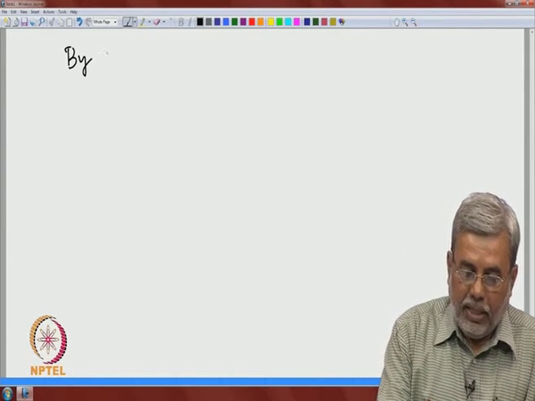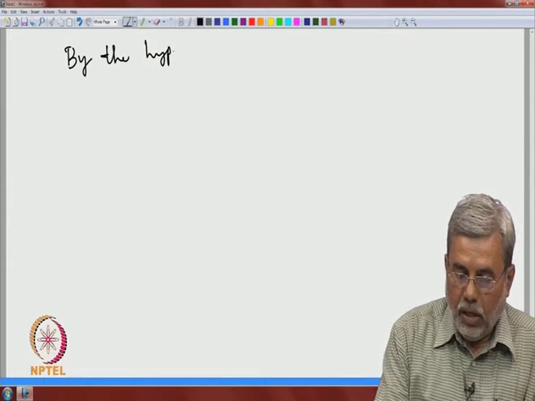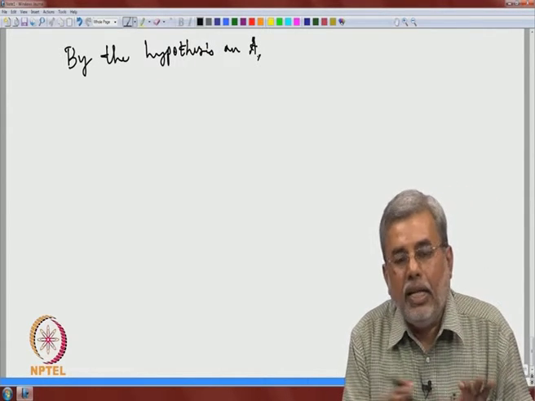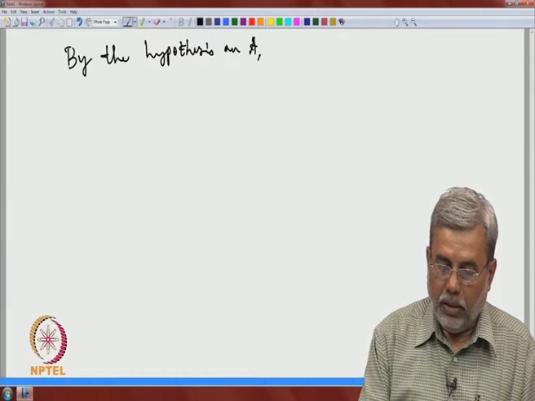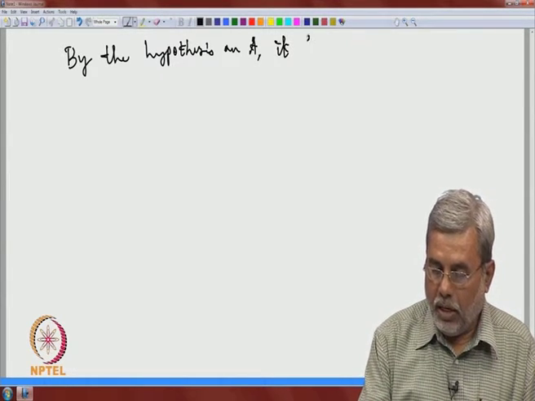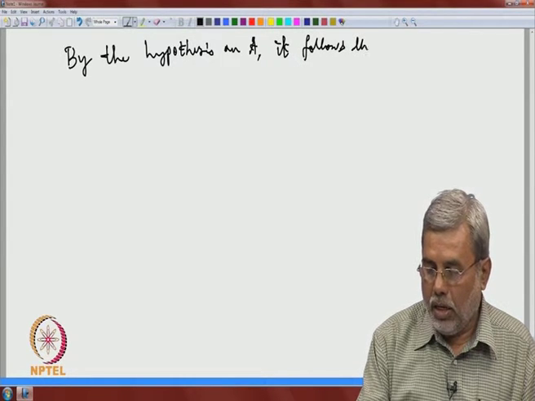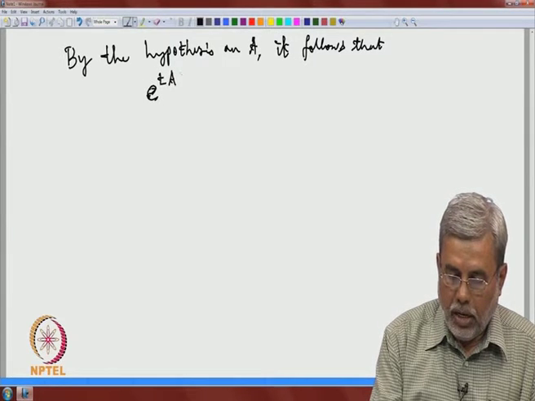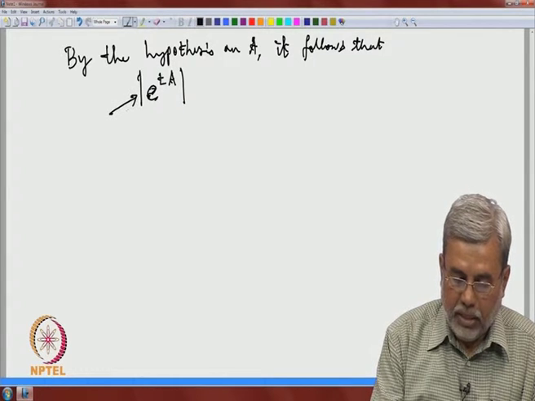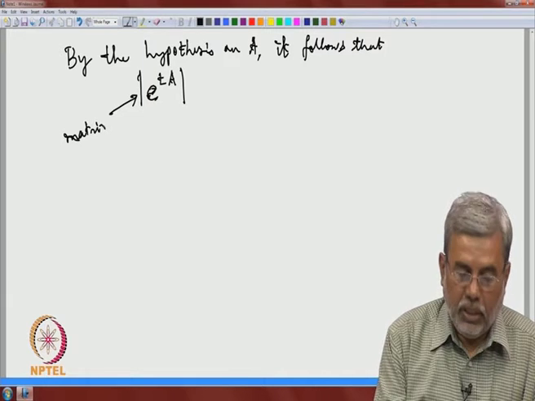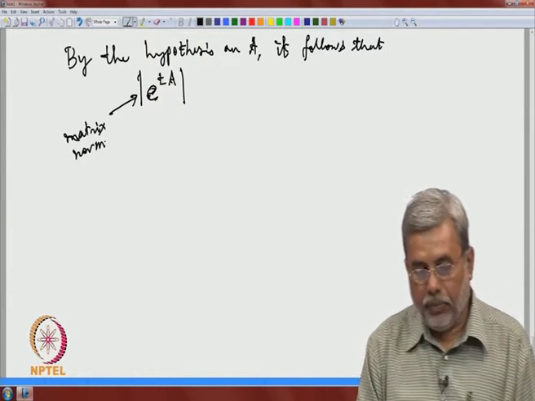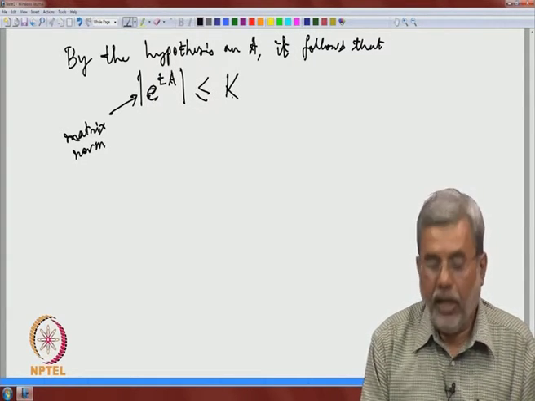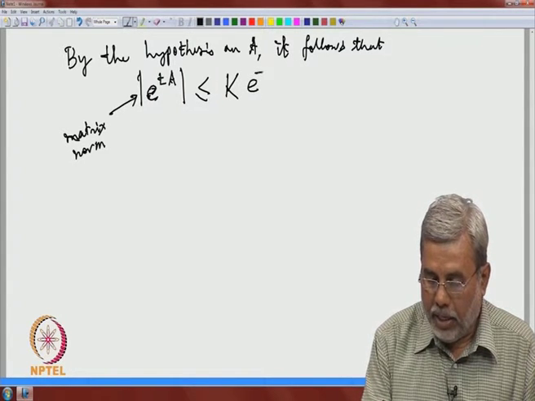So, by the hypothesis on A, which we will show in detail in the linear algebra portion, it follows that the norm of e to the tA, this is the matrix norm which we have introduced in the linear algebra part, is less than or equal to some positive constant k e to the minus sigma t